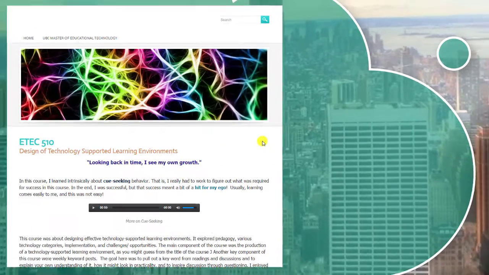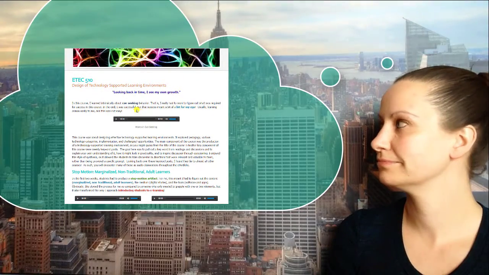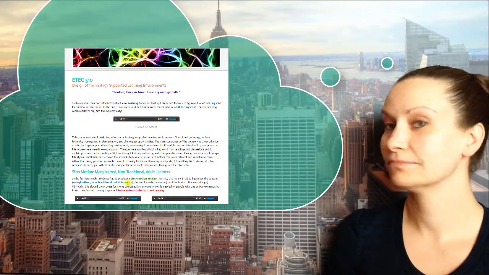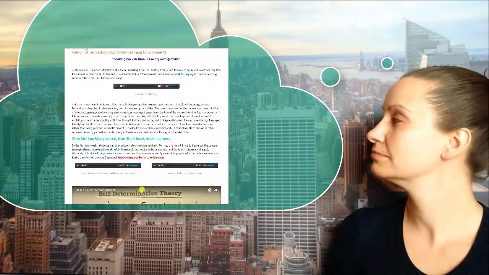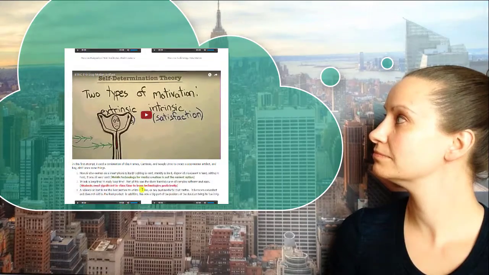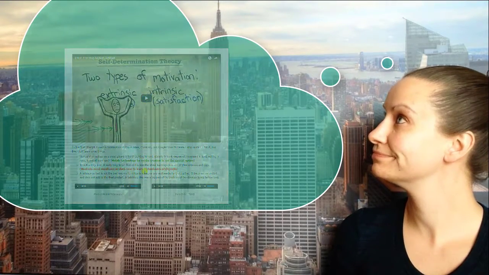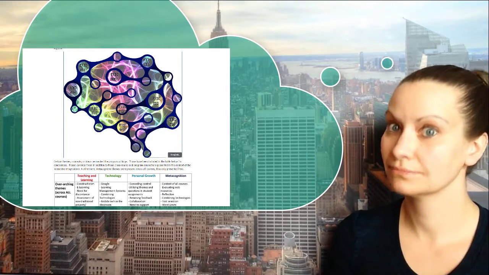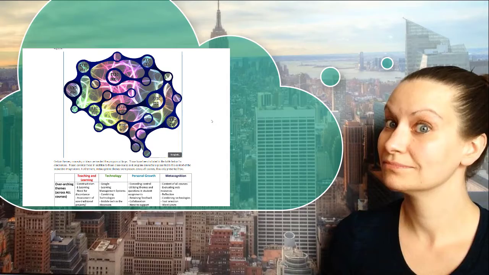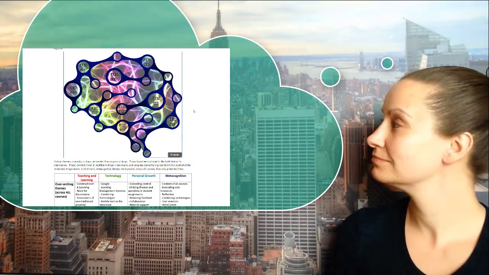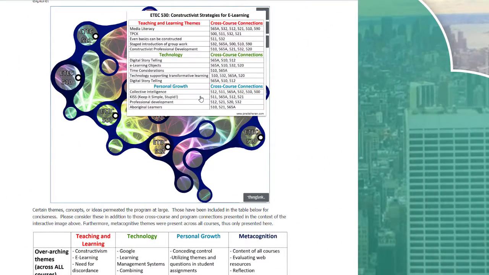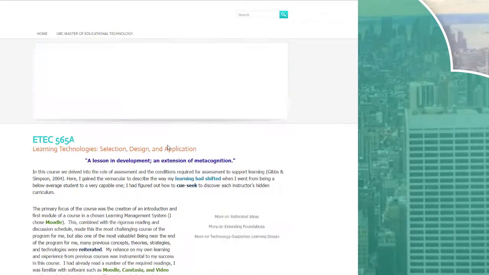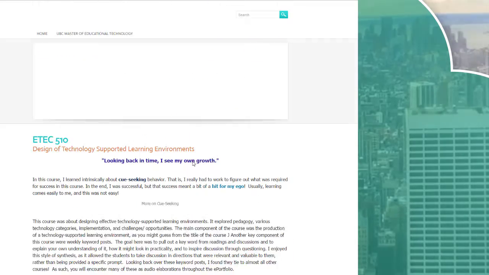As it is impossible to make all of my cognitive processes visible, where you see reflections in colored text that does not seem to fit for you, for me it was a salient connection point. My main intention here is to demonstrate that these ideas, concepts, or themes impacted my ways of knowing and understanding. I also included multiple ways to navigate the e-portfolio, again to emphasize the dynamic and fluid processes of my learning in the program and in creating this e-portfolio. As such, you can navigate in 3 ways: using the interactive image on the landing page, using the drop-down menu in the toolbar, and using forward buttons to move from one course to the next.